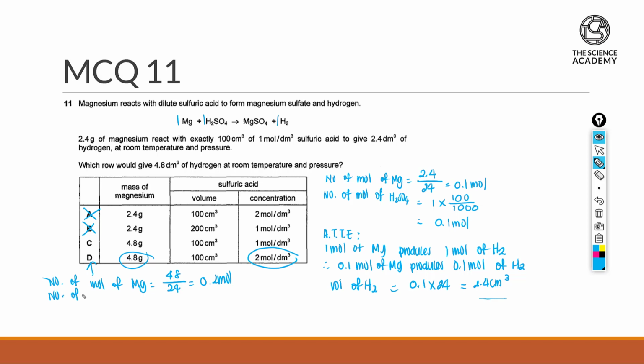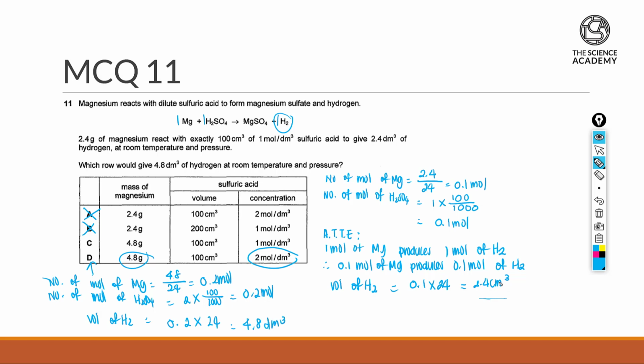Number of moles of H2SO4: same thing, we will take 2 times 100 over 1000, which again gives 0.2 moles. Since the ratio is 1:1:1, the number of moles of H2 will also be 0.2, because the coefficients are all the same. When 0.2 moles of H2 is produced, the volume of H2 produced will be 0.2 times 24, which gives you 4.8